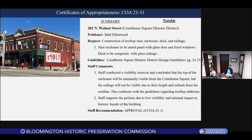I conducted a kind of visibility study with Matt Ellenwood, who is the petitioner. It concluded that the top of the enclosure will be minimally visible from the courthouse square, and the railings will not be visible due to their height and setback from the roof line. And this really conforms with the guidelines regarding rooftop additions, which can be found in the courthouse square design guidelines. So staff supports the petition due to low visibility and minimal impact to the historic facade of the building and recommends approval of COA